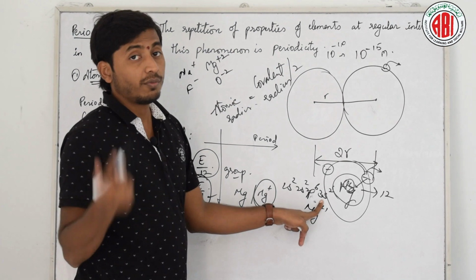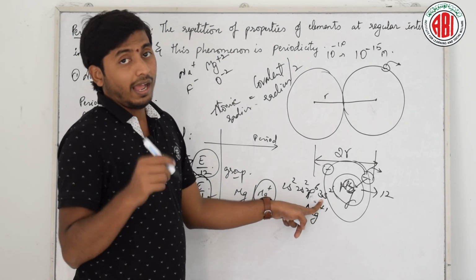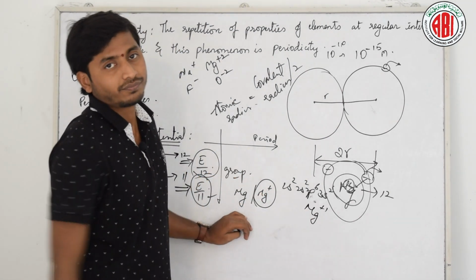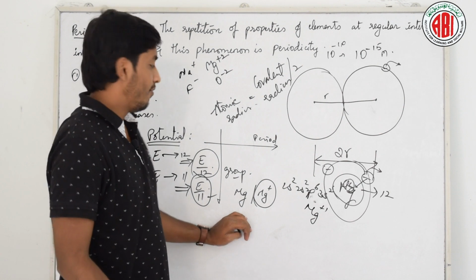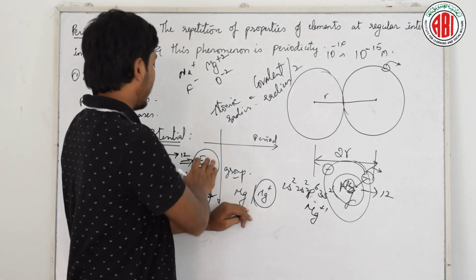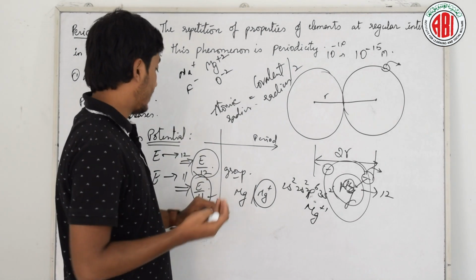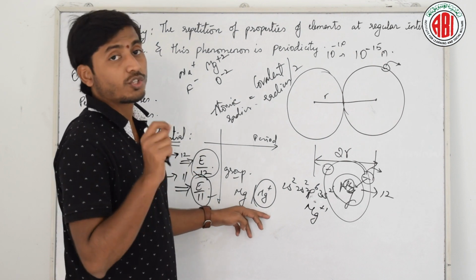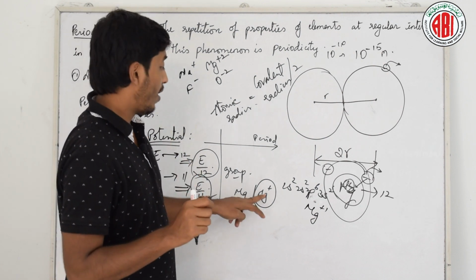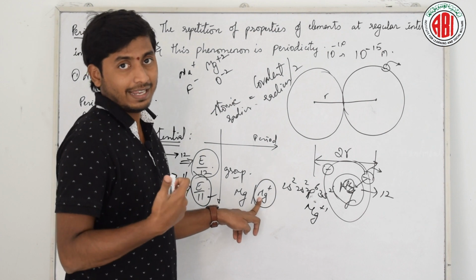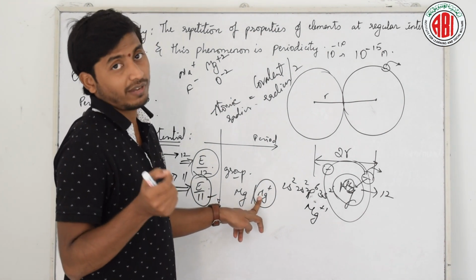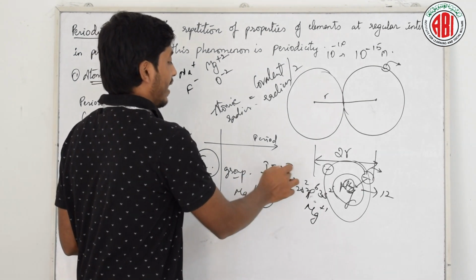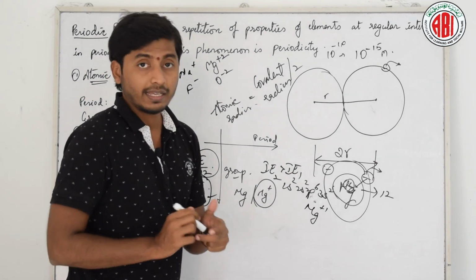If I want to remove that particular electron also, I should apply more ionization energy than for the previous one. Did you understand? Clear? What is the first ionization potential? I have applied some energy E. Then the second ionization potential is the minimum energy required to remove an electron from the positive ion. Is it clear? That is from Mg+. If I want to remove an electron, let us call this IE2. This will always be greater than IE1. Is it right?